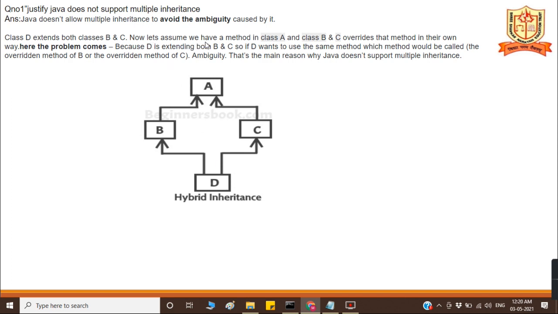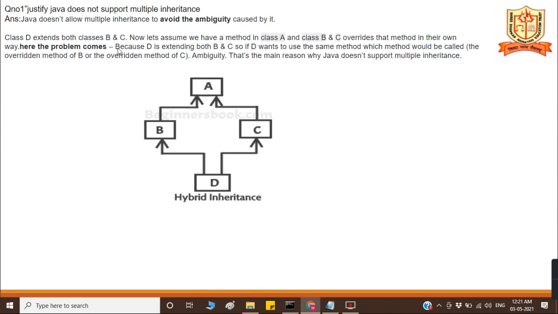Now let's assume we have a method in class A. Class B and C override this method. So class A में एक method है, वो method को override किया कौन सा? Class B भी override किया, class C भी override किया, in their own way.